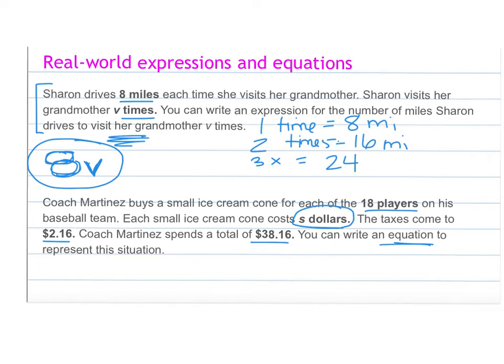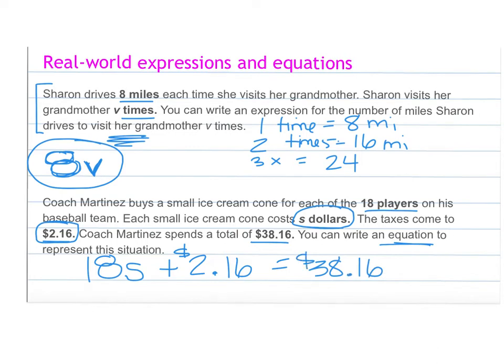We want to figure out the price of the ice cream cone based on how much he spent. So he has 18 players. Each one had an ice cream cone, which we don't know how much it is, but however many cones the coach bought, which is 18, we know that it needed to be multiplied by S, and then he had to pay for tax on top of it. So we're going to add that tax onto it,